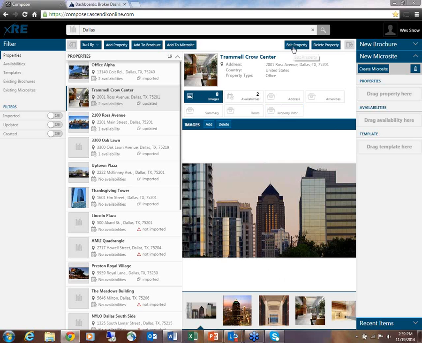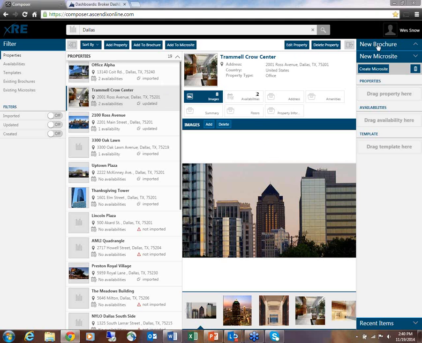We have the ability at this point, after having loaded in from our central system of record, to edit that property data, and oftentimes there is a need to highlight a particular facet or aspect of a property or an availability. So post-import, now in this marketing container, we have the ability to modify that data even prior to doing any kind of brochure creation. We can even delete the property should we want. So in this scenario, let's go ahead and move forward with